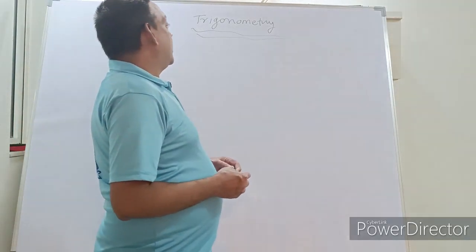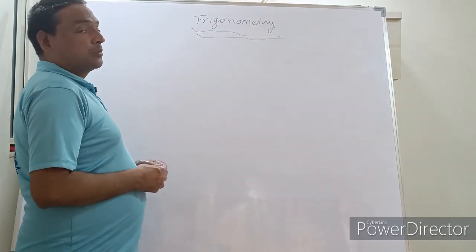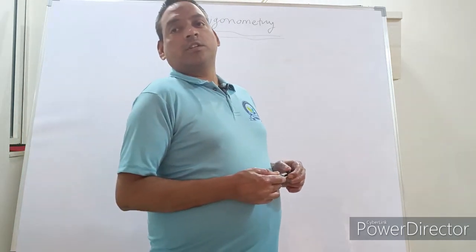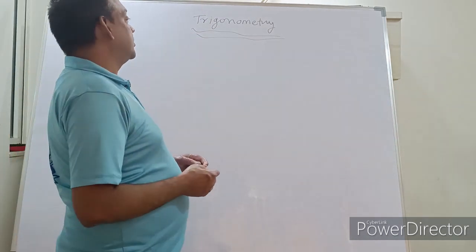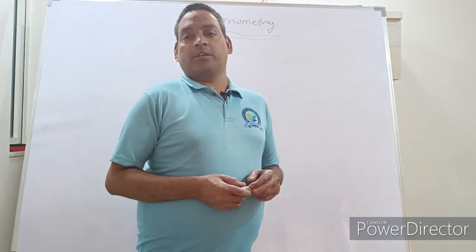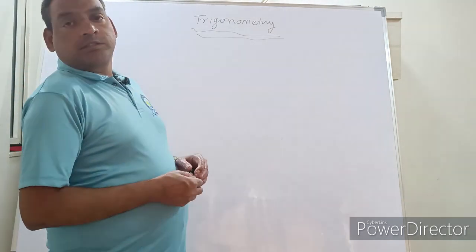हेलो बच्चों, आज हम लोग ट्रिग्नोमेट्री पढ़ेंगे। ओके, ट्रिग्नोमेट्री हिंदी में उसे त्रिकोणमिति भी कहते हैं। त्रिकोणमिति का मतलब होता है साइड और एंगल। तो ट्रिग्नोमेट्री मोस्टली इट इज़ बेस्ड ऑन द एंगल एंड साइड।